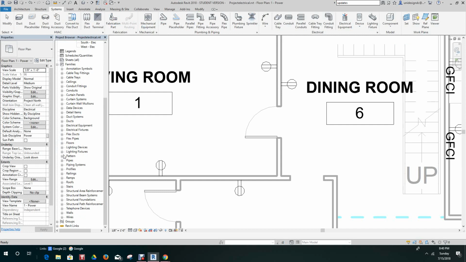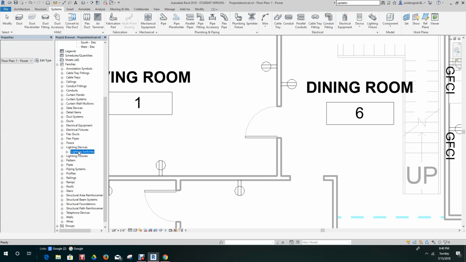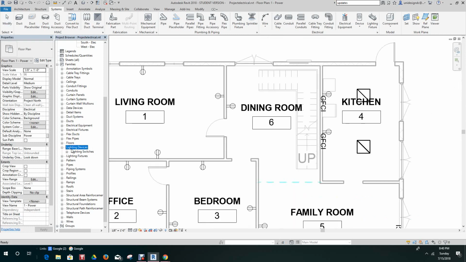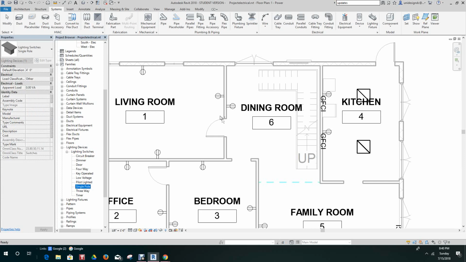Lighting devices. Lighting switches. Should be able to drag and drop now. Jeez, I'm having a hard time tonight. Let's just go, okay. Let's do a single pole. There we go.